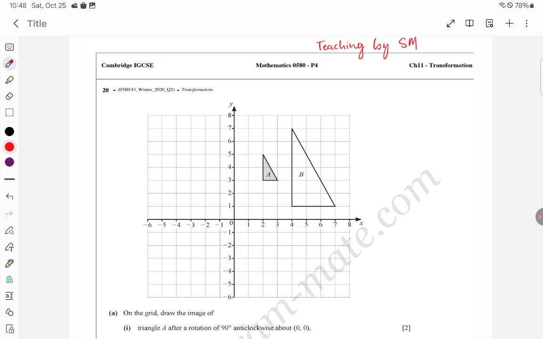Assalamualaikum, I'm Elena Zahid and today we are solving Cambridge IGCSE Mathematics Paper Code 0580, Chapter 11 Transformation Past Papers